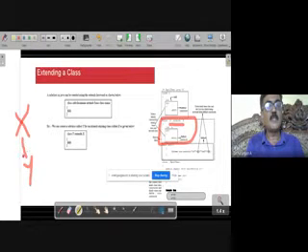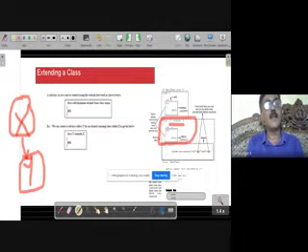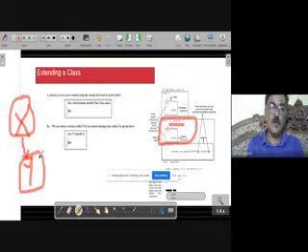Writing in the form of a diagram is so simple. All I need to do is write two boxes. Inside one box I write the name X, and inside another box I write the name Y.